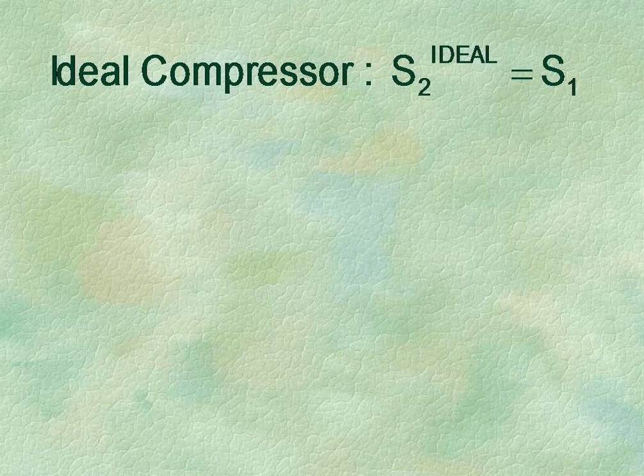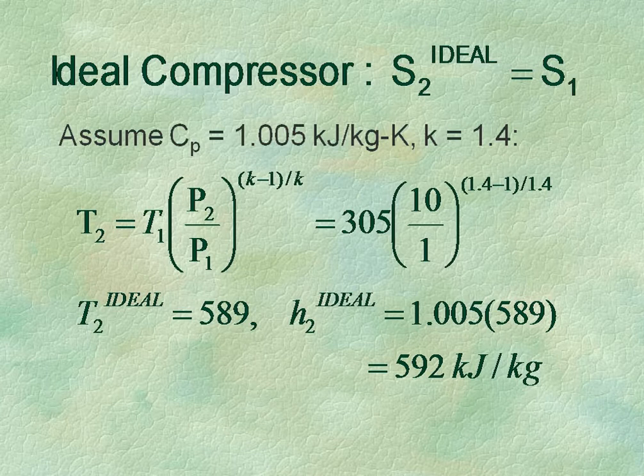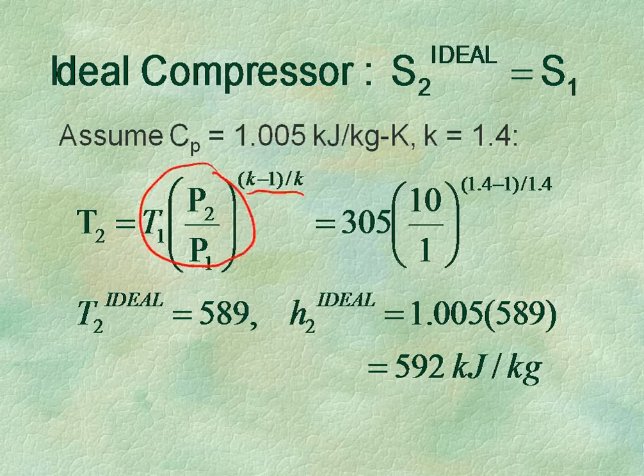For an ideal compressor, S2 equals S1. I like to do this assuming constant values of CP, just to illustrate the process. Obviously, doing this professionally, you'd want to make sure you took into account the changes in CP, and there are various ways to do that. But assuming constant CP, then we can calculate T2 leaving the compressor. T2 equals T1 times the ratio of P2 over P1 to the (k minus 1) over k. Recall that from your constant entropy ideal gas process. And find out that T2 ideal would be equal to